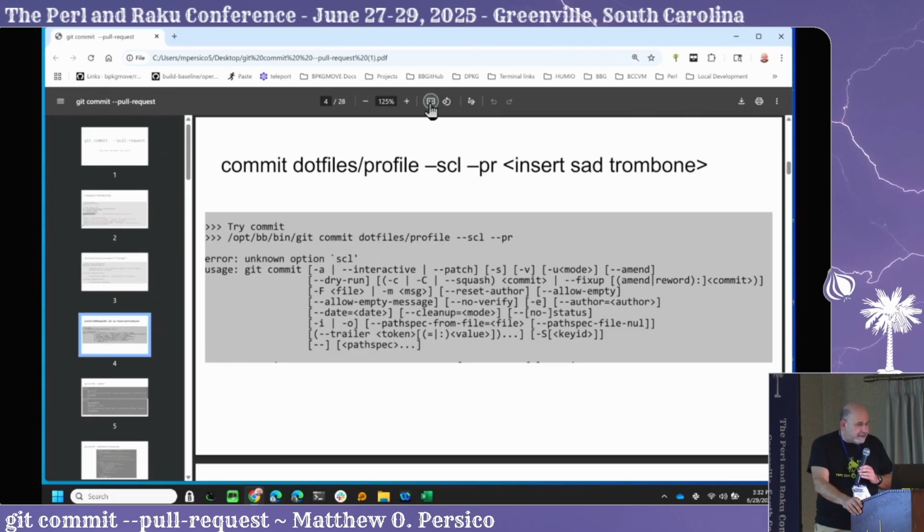So I'm going to run commit my file. --scl means go use the source control log as a commit message. And --pr means push the thing and create a PR for me. And as you can see from the sad trombone, that doesn't work because git commit doesn't have those options. So